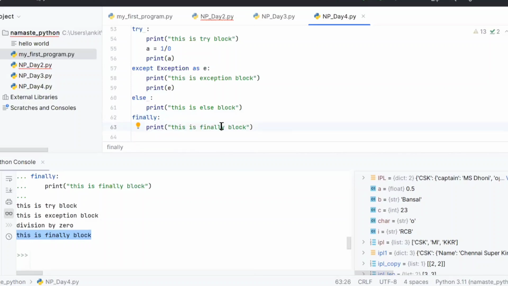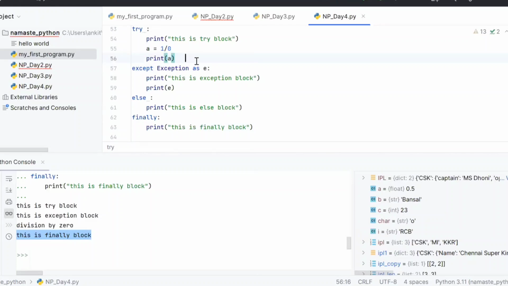Again, what is the use case of the else part? It can go in the try block only, right? We can write the same thing in the try. Okay, so it depends on what you are trying to do in your code. Let's say you are developing a website.